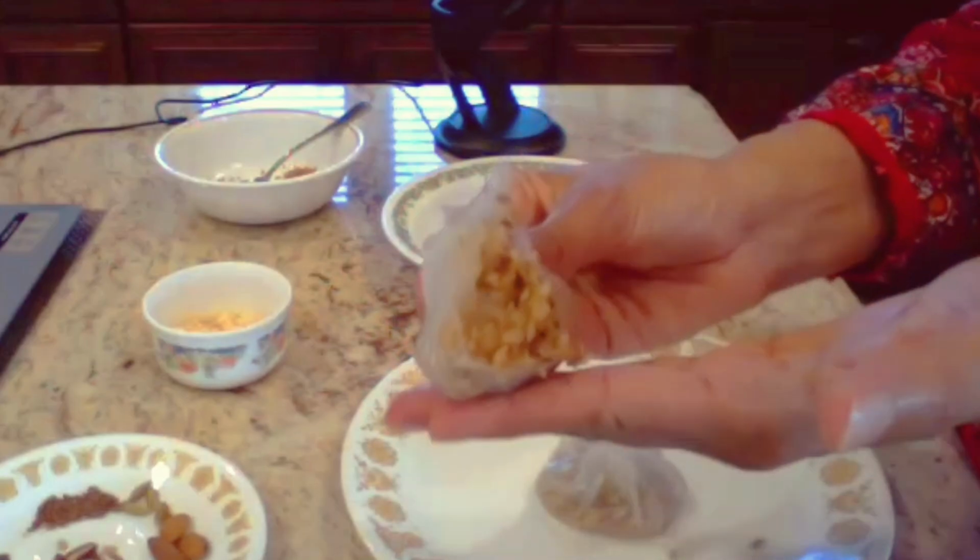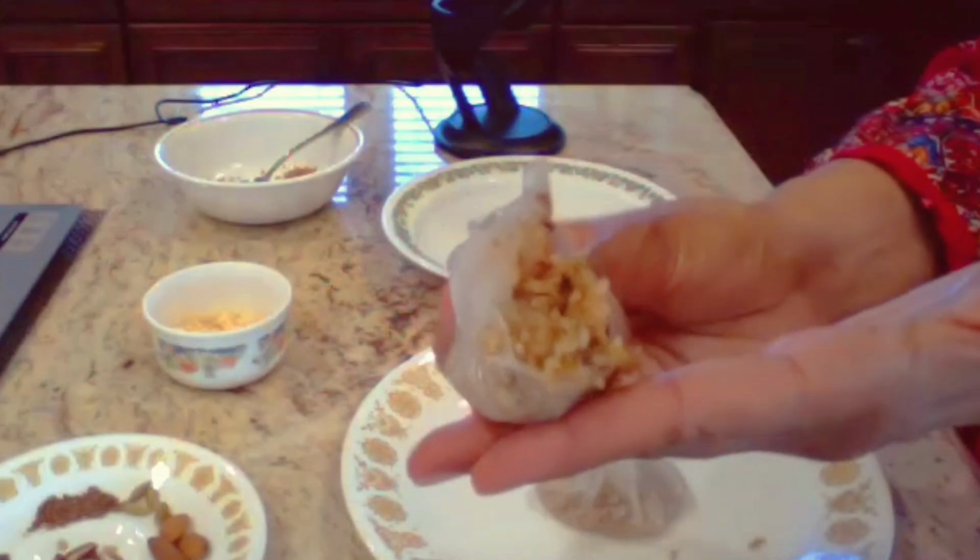The coconut is like caramelized after stir frying. The only cooking that happens is the coconut when you just lightly fry it without any oil. You don't need to put any oil or fat in it, because the coconut will release its own fat. Okay, so the coconut, the nuts, the saffron, a little bit of flax and chia, it's all coming together. It is so tasty, and I hope you guys